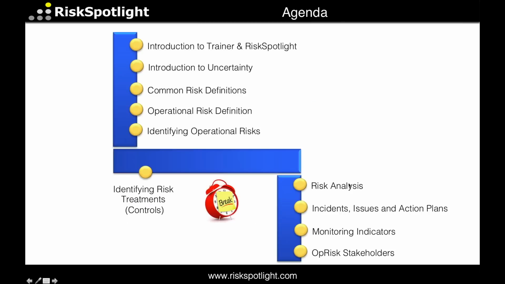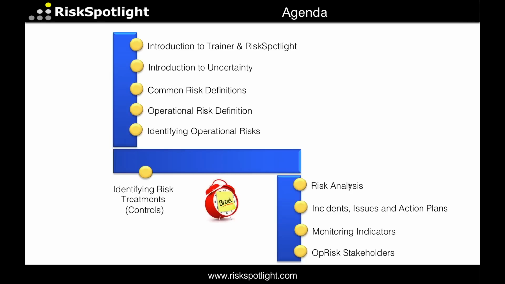Here is the structure of our course. I will first provide a brief introduction to myself and RiskSpotlight, my company. Then we will get an introduction to the concept of uncertainty. And then we will look at some of the common definitions of risk. And then we will look at the definition of operational risk and try to understand the key aspects